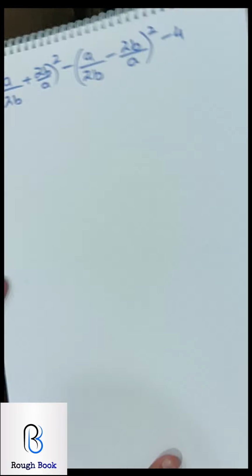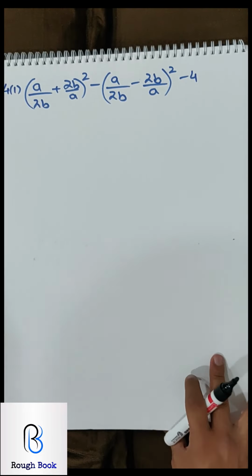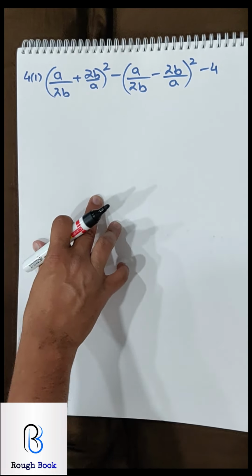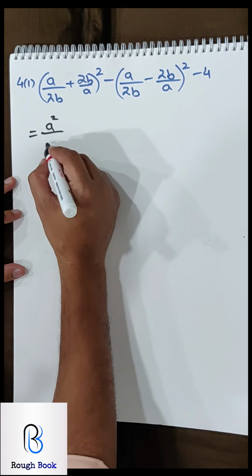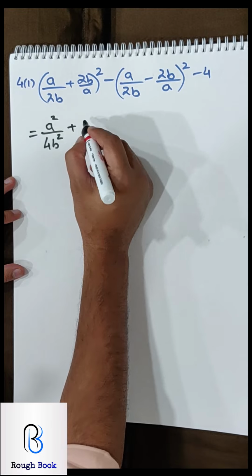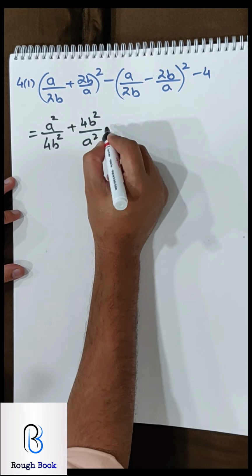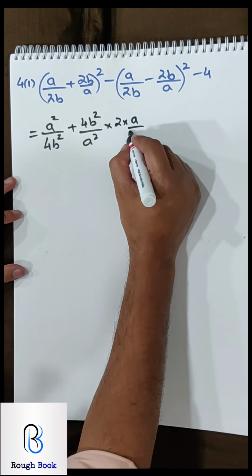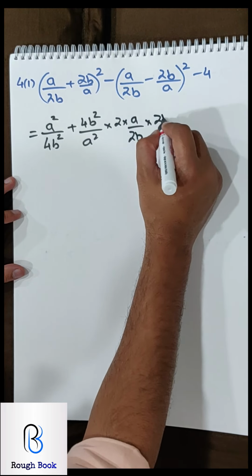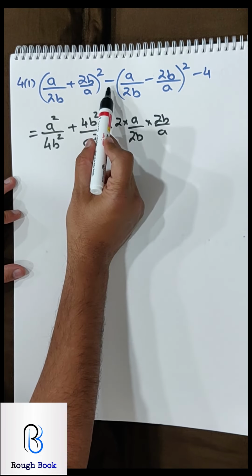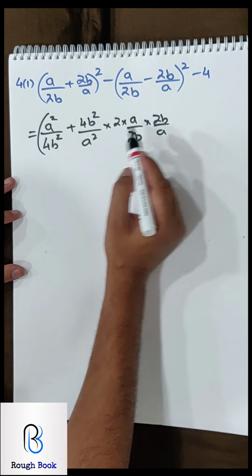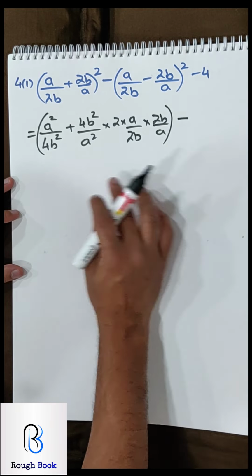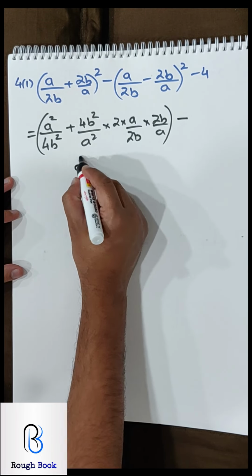Let's go to the next one. 4 part 1. Interesting question. 2 parts you need to square and then minus 4. So a square, some mental math, b square, 2 times ab. When there is a minus sign in between, it's a danger sign, because many children make this wrong. So you put brackets and then put a minus sign. Do the other part also in the bracket, then you will never go wrong.